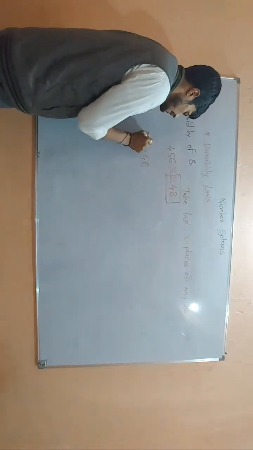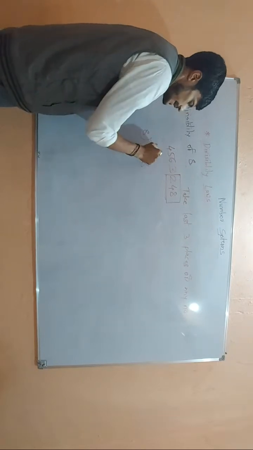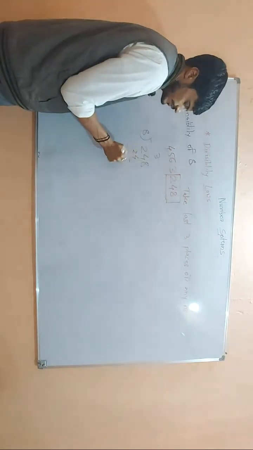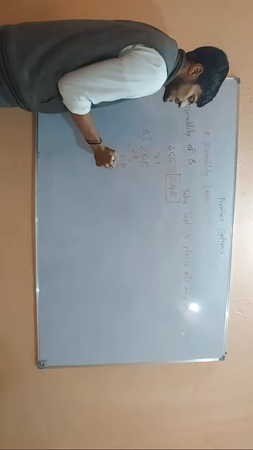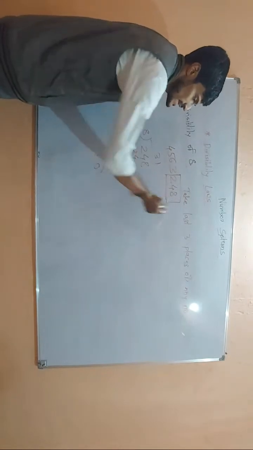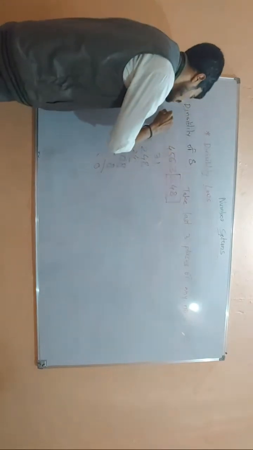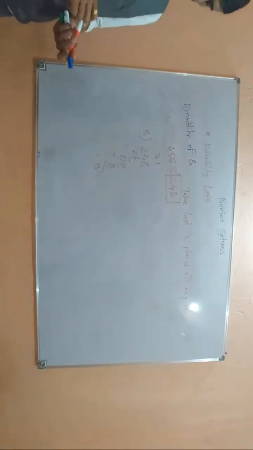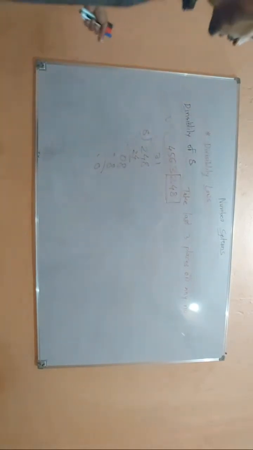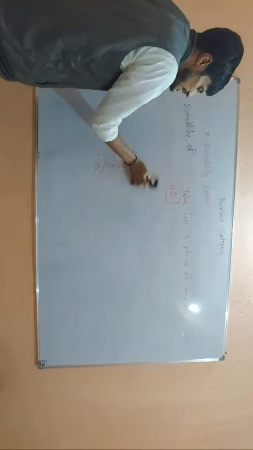248 divided by 8. 8 3s are 24, here will be 0. I will take this 8. 8 ones are 8. Hence, you can say this whole number is also divisible by 8. So that is the divisibility of 8. Let us see the next one, divisibility of